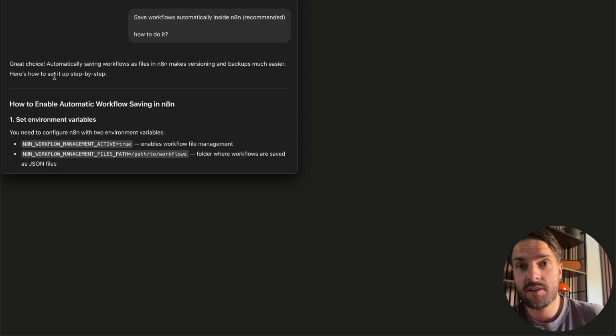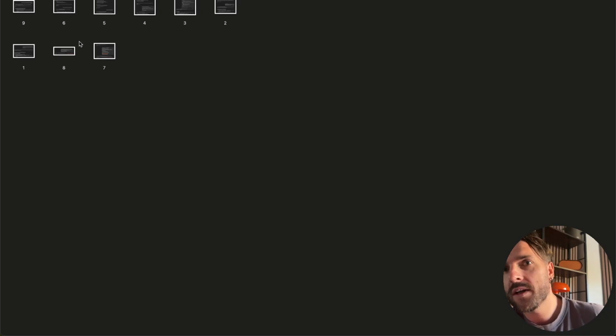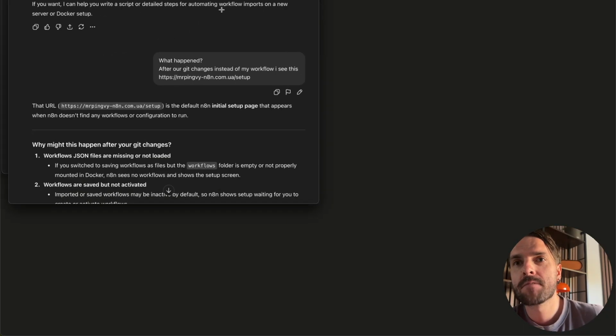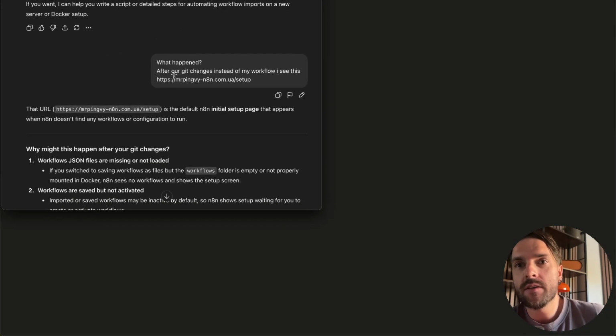This is the instruction, everything went well, but then what happened after our changes: instead of my workflow, I see this, which is actually the setup screen. Oh yeah, that URL is the default n8n setup. Nothing unexpected, right? So everything according to the plan.